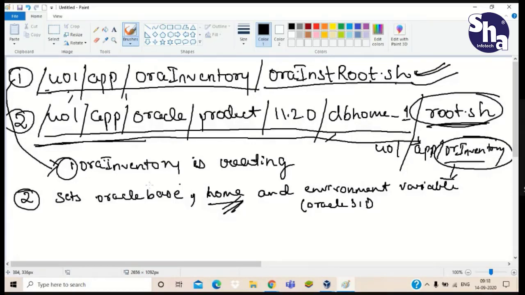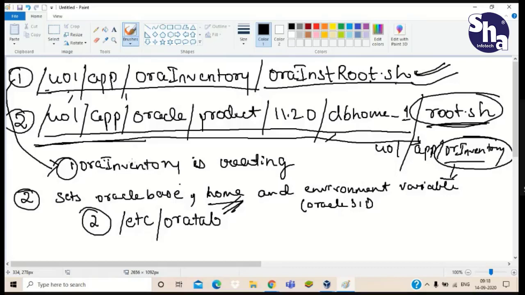The second point is very important. It creates the /etc/oratab file. This is a very important file. By running root.sh, the /etc/oratab file will be created.